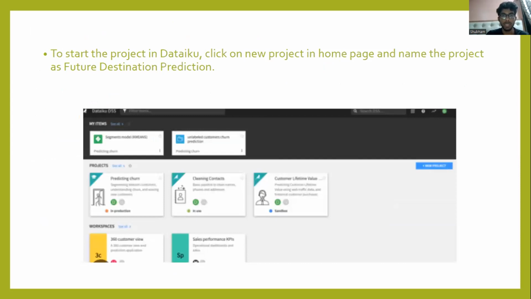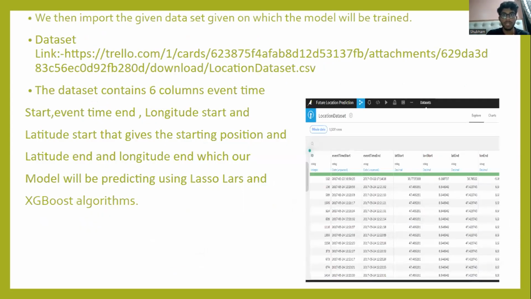To start a project in Dataiku, click on New Project on the home page and name the project Future Destination Prediction. The dataset has been given to us, and the link is shown on the screen. The dataset contains 6 columns: event time start, event time end, longitude start, and latitude start, that give the starting position, and latitude end and longitude end, which our model will be predicting using Lasso Lars